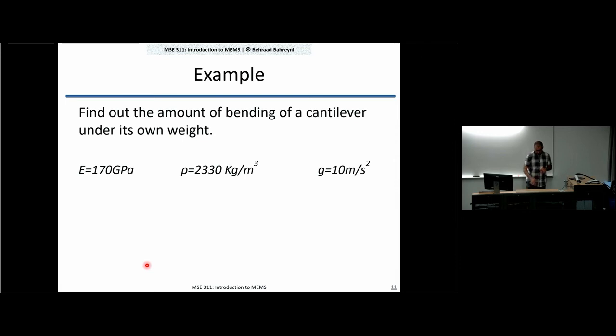Okay. So here is a problem that we can solve using what we just learned. The question is, how much does a cantilever bend under its own weight? So you have made this cantilever of length L and let's say width and height W and H, and you want to know how much it bends under its own weight. And we look at 2 different cases. So let's go back to